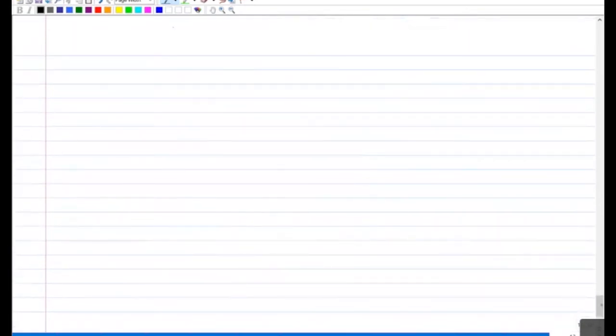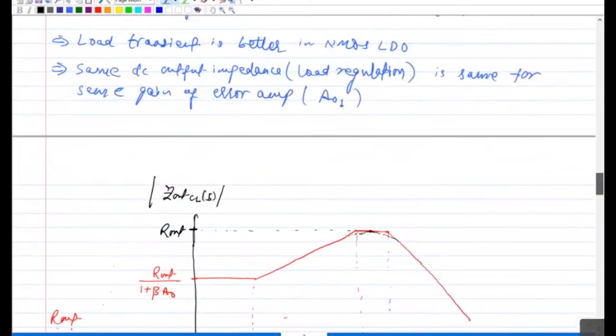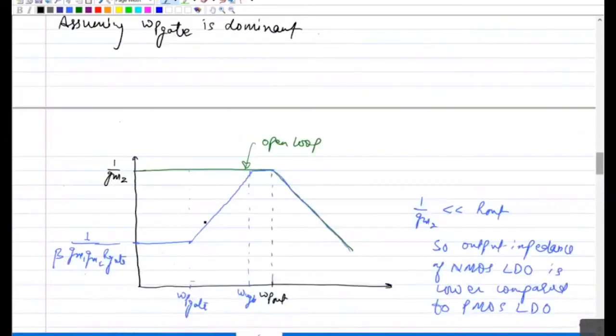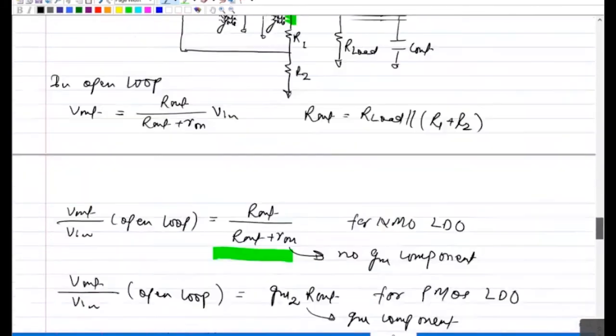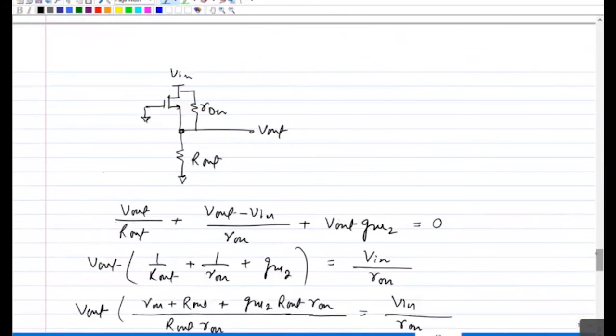Sir, I have a question. Can we intuitively also say that NMOS has a better load transient because there is inherent feedback, because the source itself is at the output node? Yes, your load transient will always be better because your output impedance is low, and this low output impedance effect is only coming from that inherent feedback. Intuitively, when we say looking at the source is 1 over GM, that is only because when you do small signal, you will see this local feedback will make it 1 over GM.